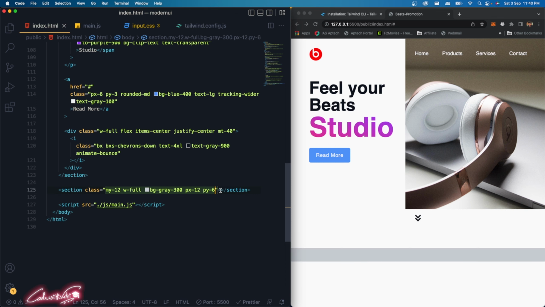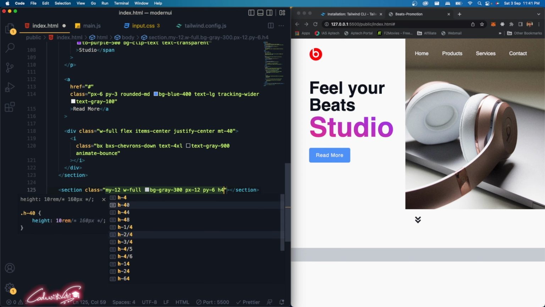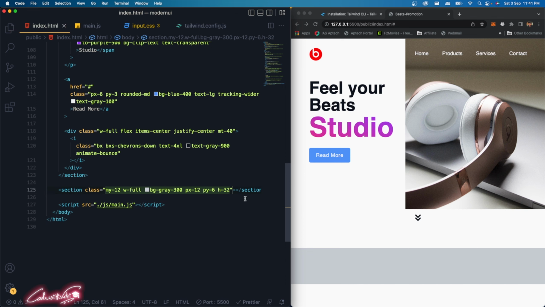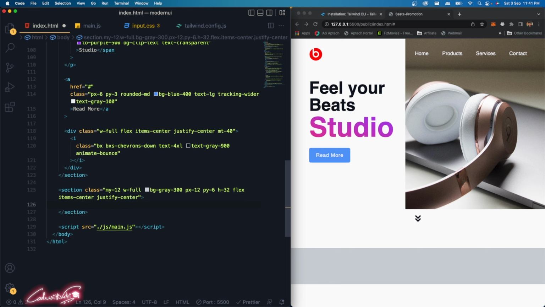And inside here, I'm just going to make the height 32 to 128 pixels like this. And here I'm just going to say flex, items center and justify center, everything in the center. And here I'm going to bring one division, and inside that division I'm going to keep the email subscription, like type your email and subscribe now or something, learn more or something like that. So to do that, all I have to do is